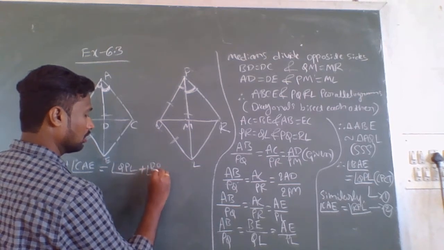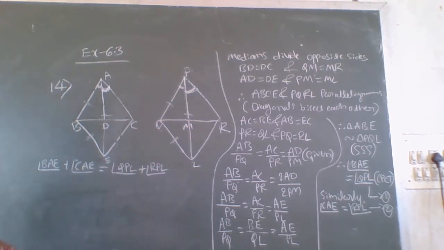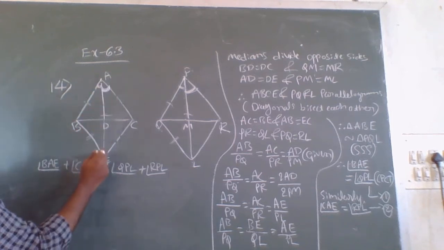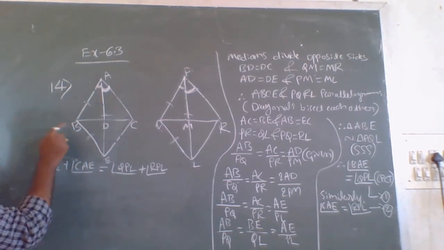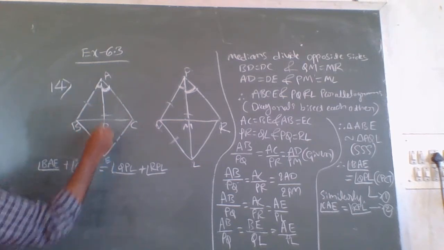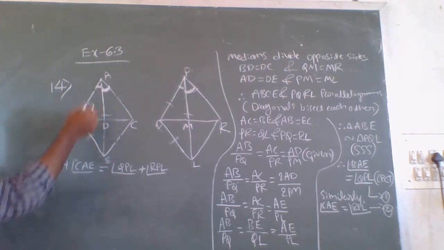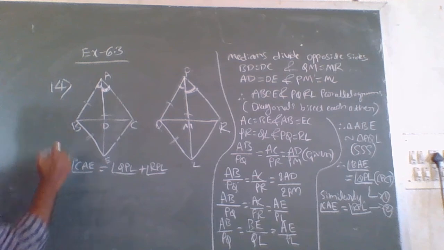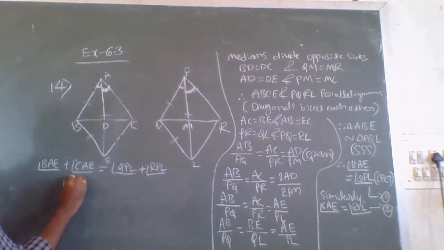In this diagram, BAE means this angle plus CAE means this angle. So if we add these two angles, what will you get? Angle CAB. So here I will write angle CAB equals